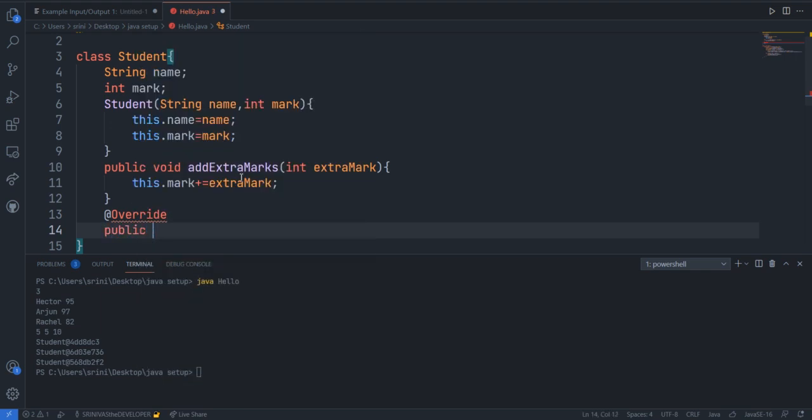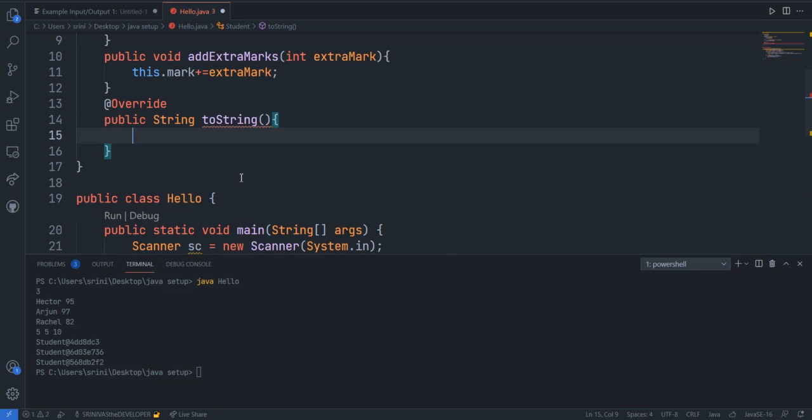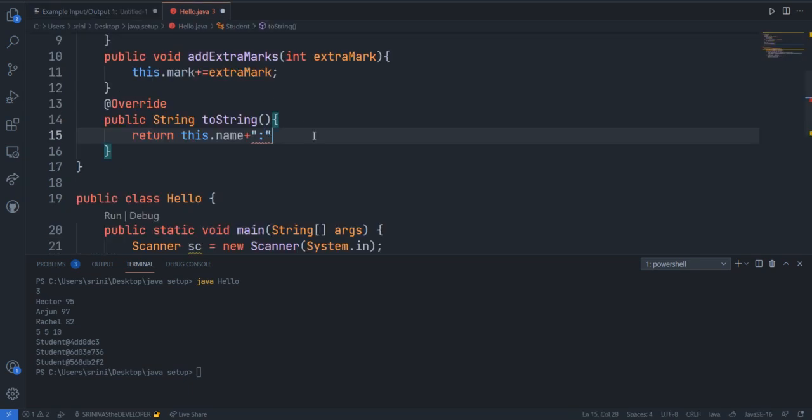Public string toString, we have to return this dot name plus colon, because the output is in this format, name plus colon plus this dot mark. So if I save and run this program,